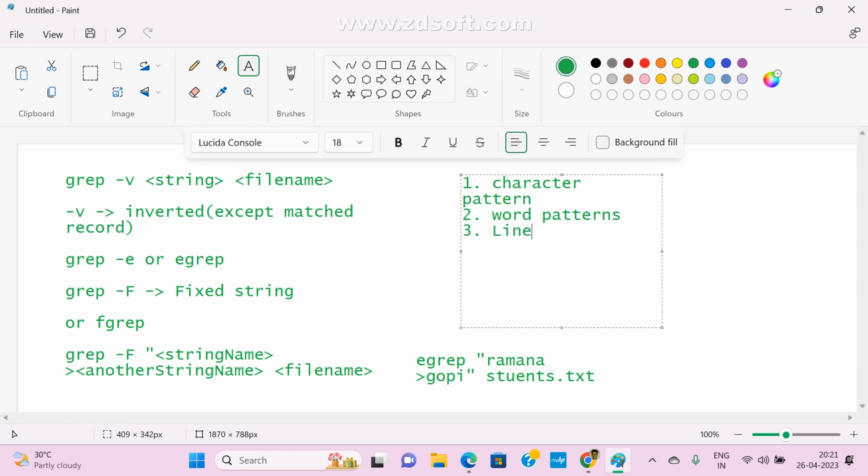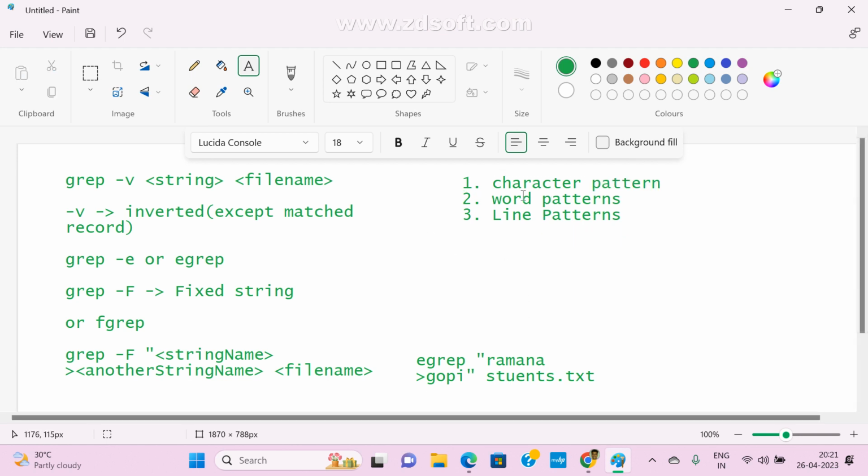Character means single characters. If you want to check word-wise we can check a word pattern also, or line-wise also.